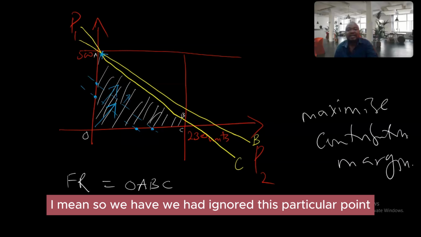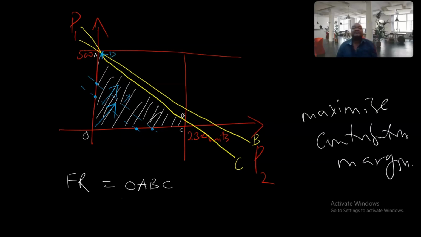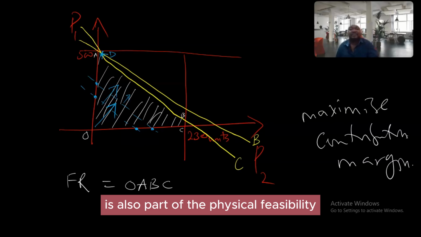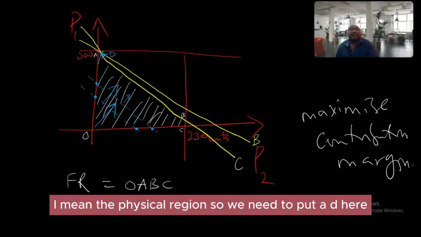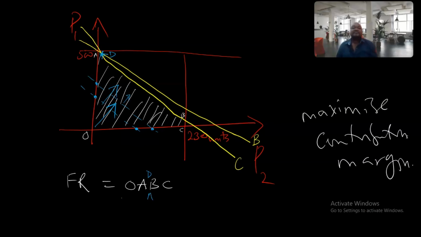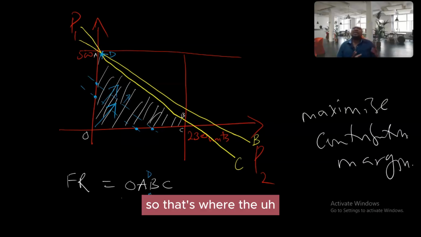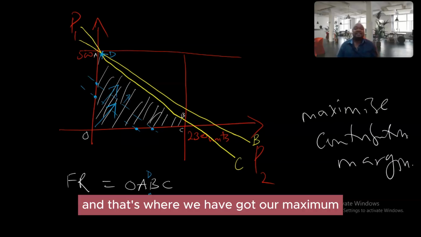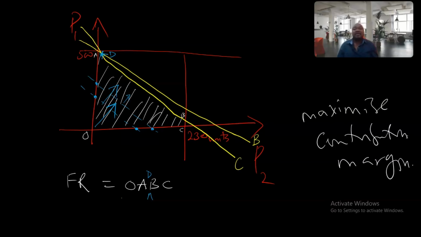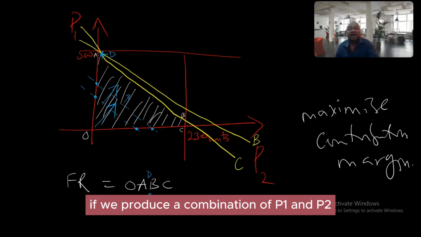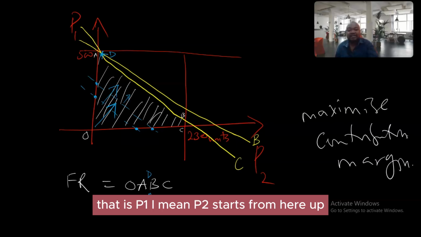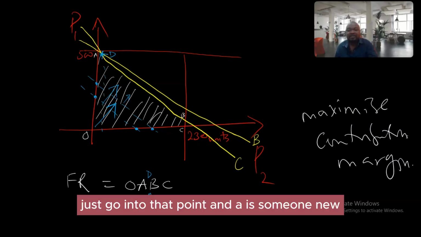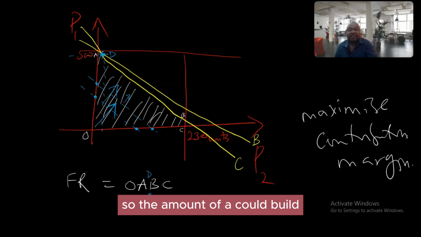And this is the point where the two constraints meet, so we had ignored this particular point. Let us call this point D. It's also part of the feasible region. So we need to put a D here. Okay, so that's where the two constraints meet, and that's where we have got our maximum. If we produce a combination of P1 and P2, that is P1, P2 starts from here up, it is going to that point, and A is somewhere here. So the amount of A could be